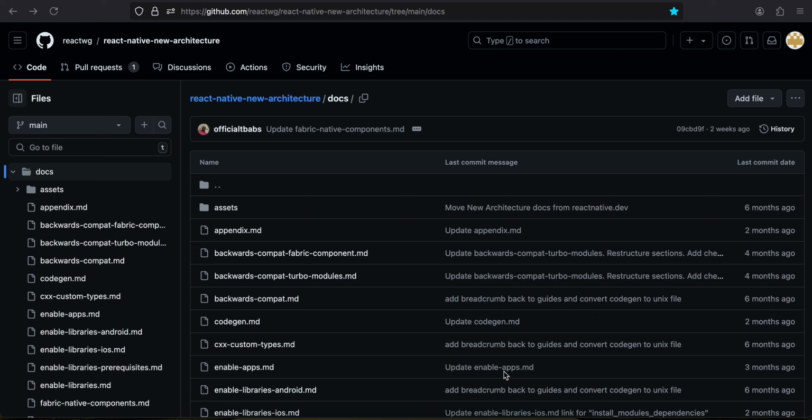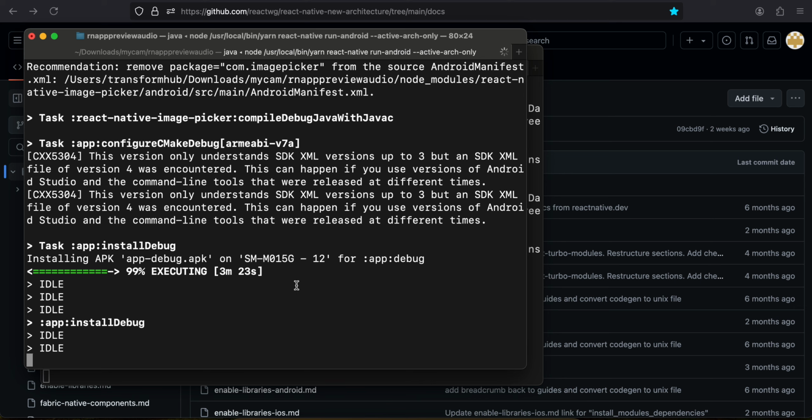In this video I will show you how to preview audio effects in React Native's new architecture for Android using the Media 3 transformer library. So let's get started. Now it is taking a little bit of time for my React Native Metro bundler to install